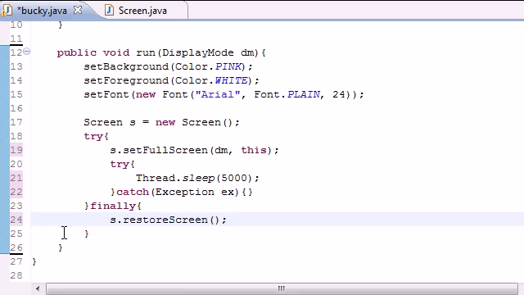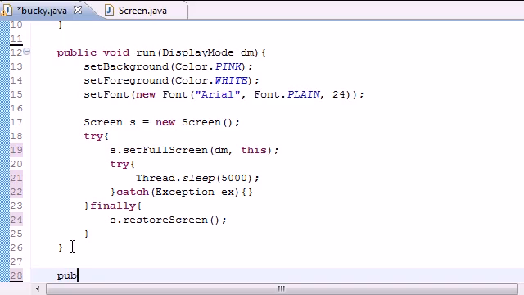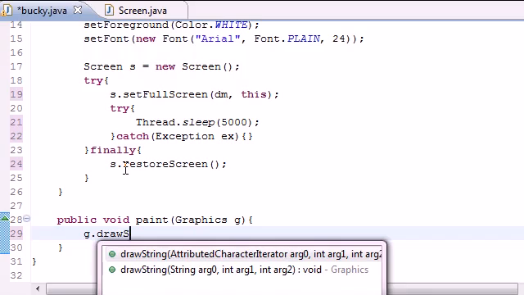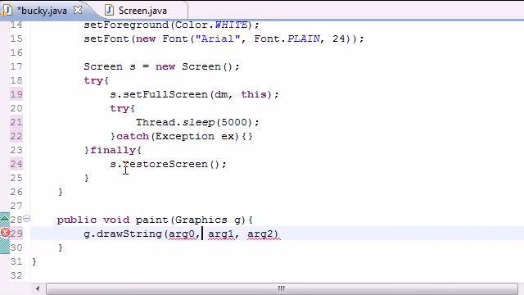I only got 3 minutes left, so let me hurry up and write my last method, and that is going to be right here. Public void paint, and its parameter is Graphics g. For here, let's go ahead, g dot drawString, and 3 parameters. First, what do you want the string to say? This is gonna be awesome. And 2 more are positioning, and we'll put it at 200 and 200, so it'll appear somewhere in the middle of the screen. And now what we need to do is end that, and let me just run this to